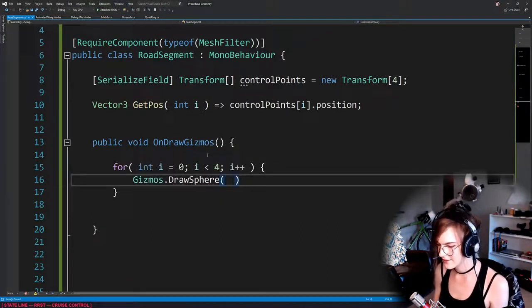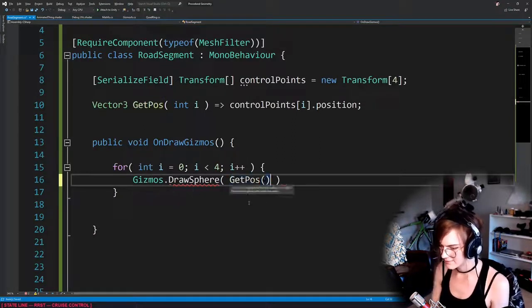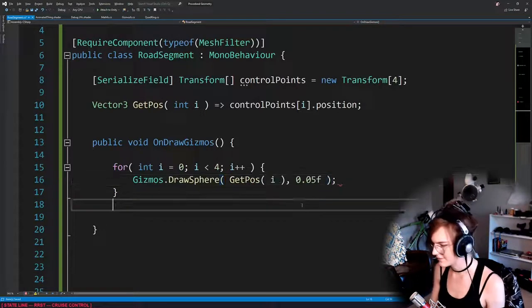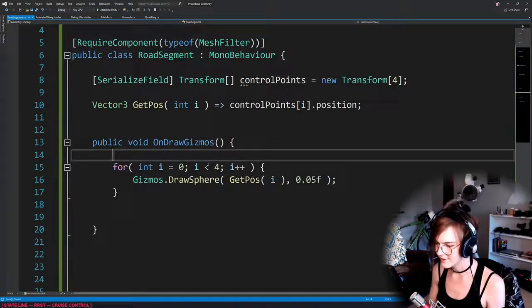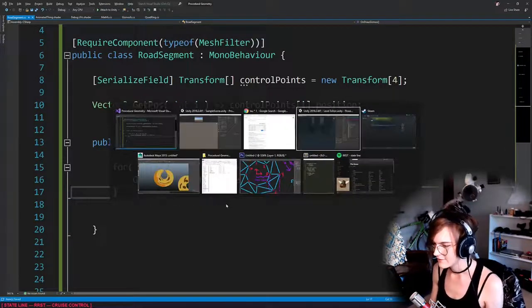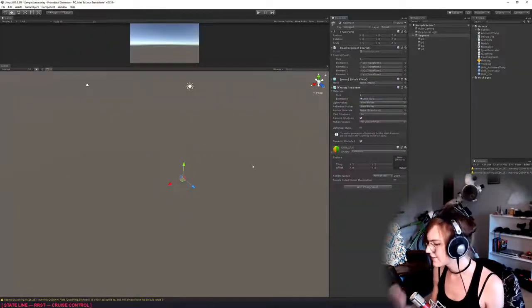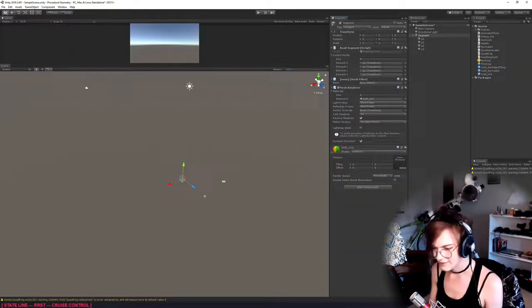Then we draw the sphere from the position of GetPosition(i), and the radius is going to be, I don't know, small enough, I guess. Something like that. All right. So now if we go back to the correct Unity editor, recompile,